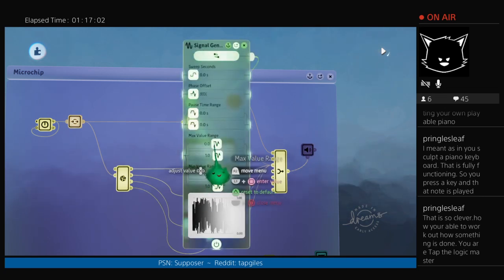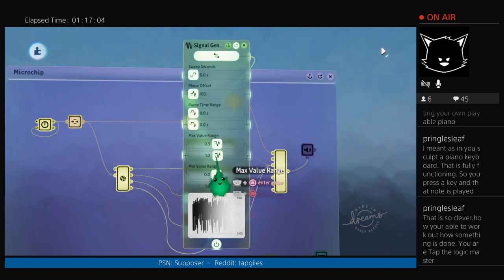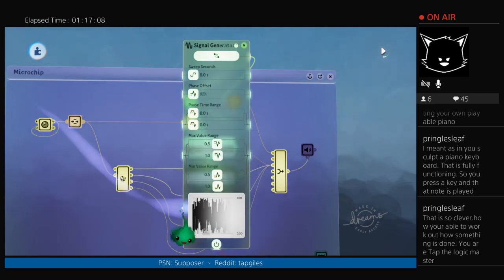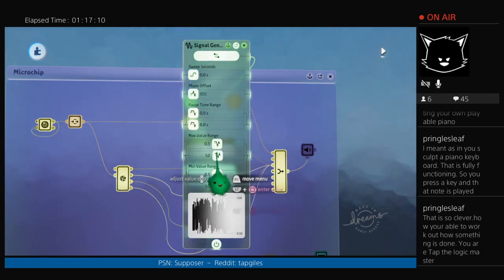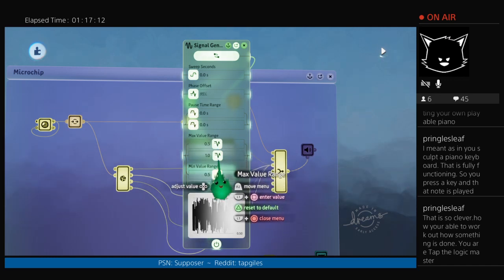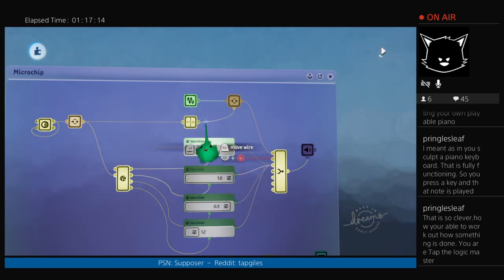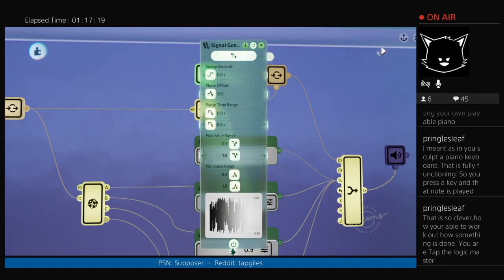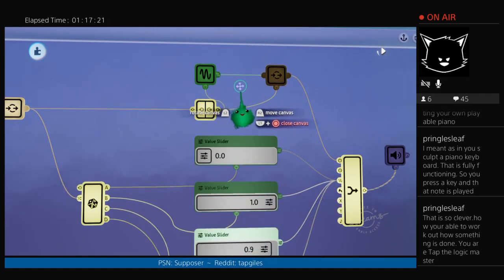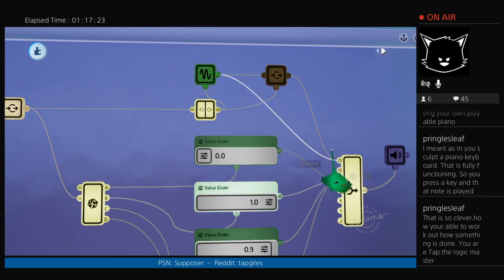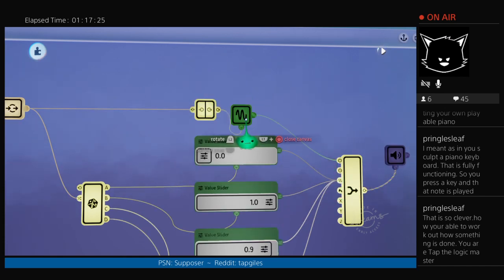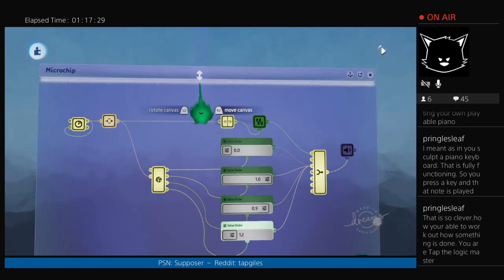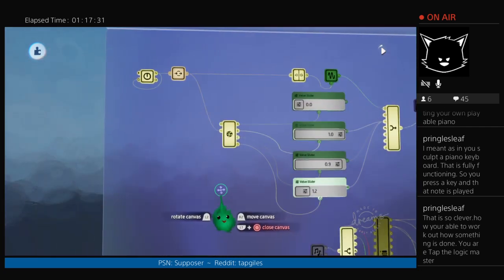So we don't actually want it to go all the way to 0. Yeah, so now it's going from between 0.5 to 1 each time, so we could probably actually power that maybe and plug that directly in, tidy it up a bit, and